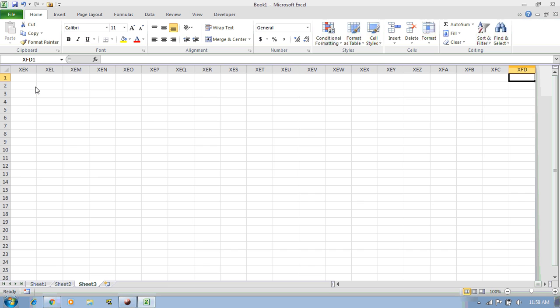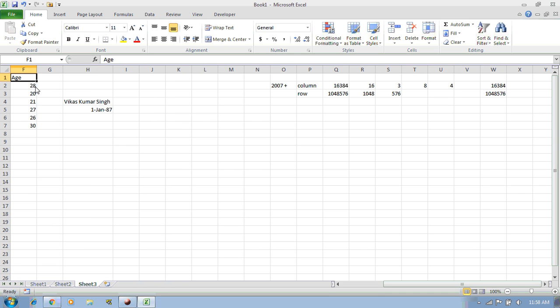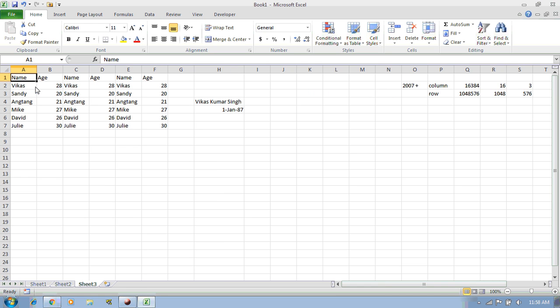Now if you want to go to the first column of the Excel, you will have to press Ctrl and the left arrow twice. Whenever you press Ctrl plus left arrow once, you will go to the last occupied column, and then when you press Ctrl plus left arrow again, you will go to the first column. So here you can see that we are at the first column. Please try these things once, so that you have an idea of how you can scroll through using the keyboard shortcuts.